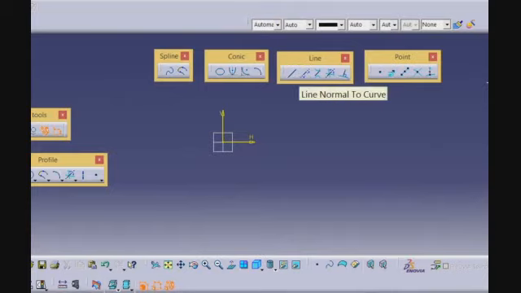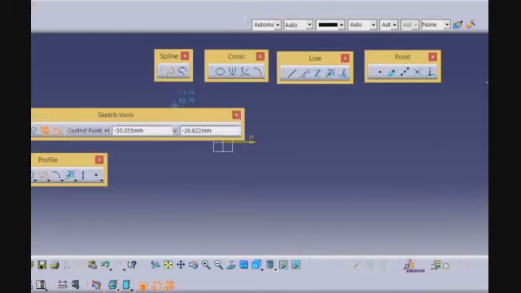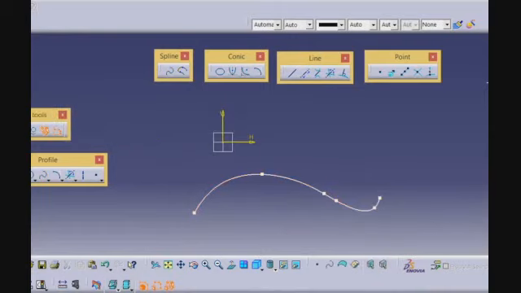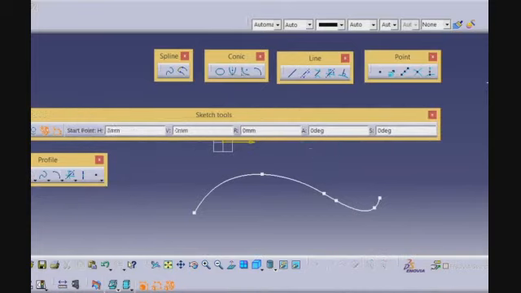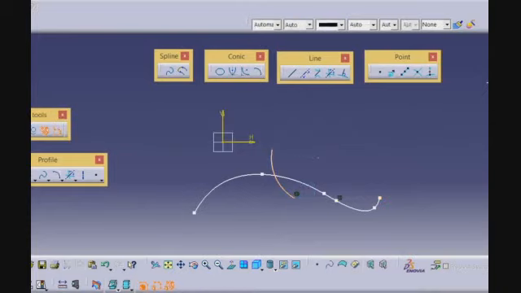Next we will go for points. Okay, I left this line normal to curve. I will draw a curve as the name indicates. Then I will go for line normal to curve. Line normal to curve.